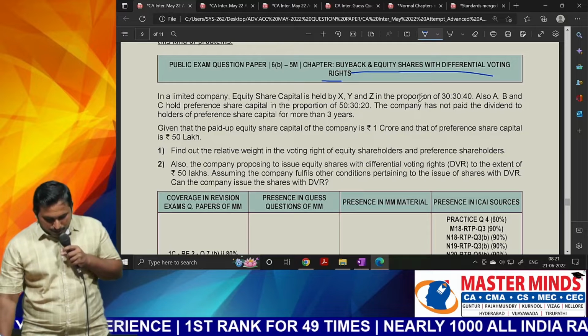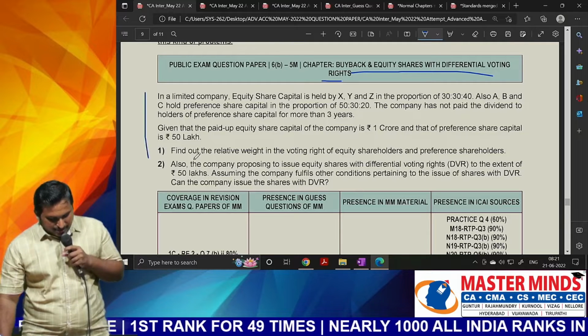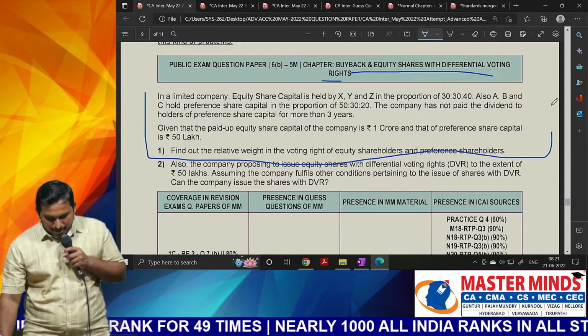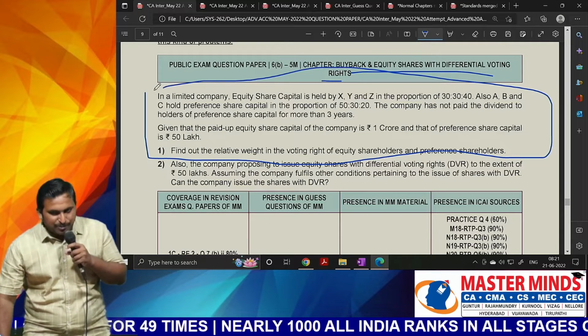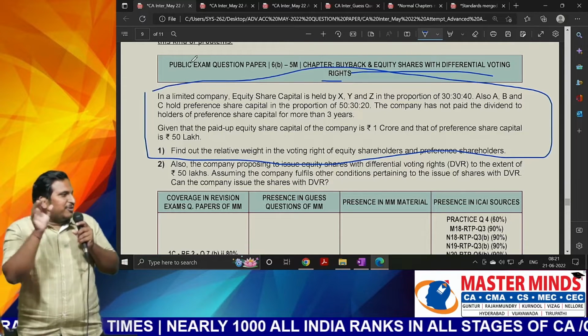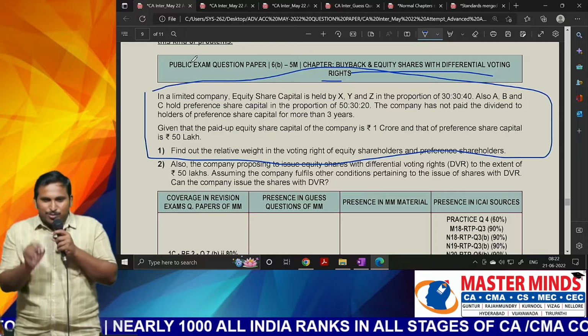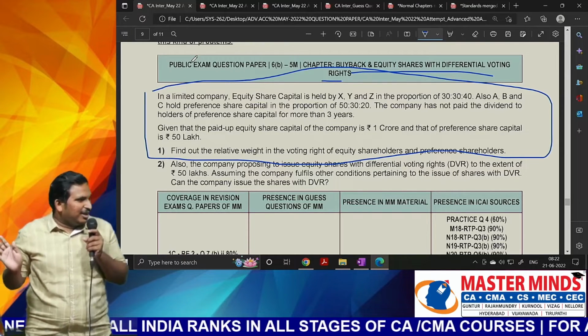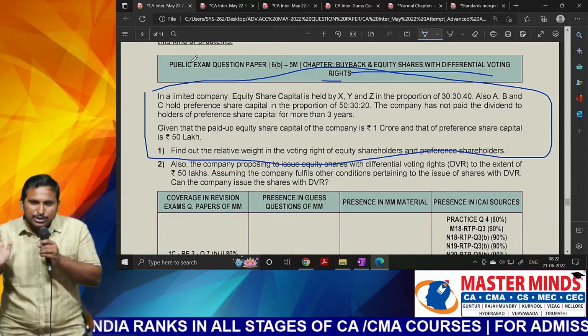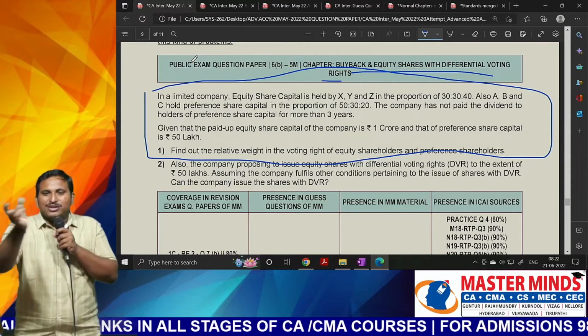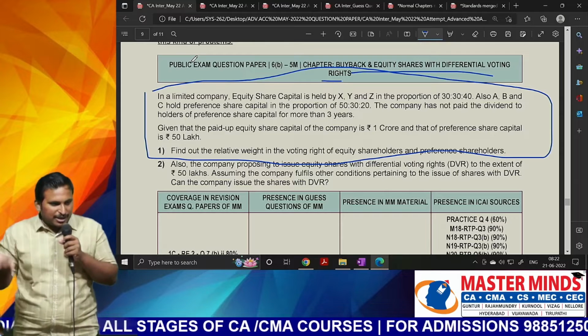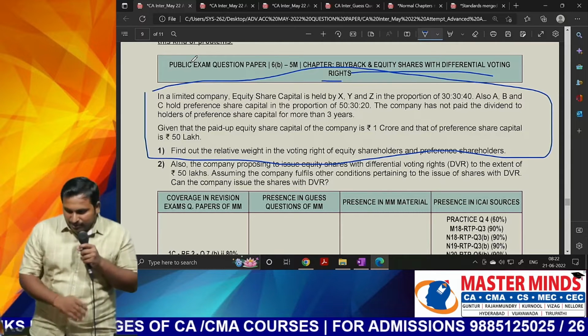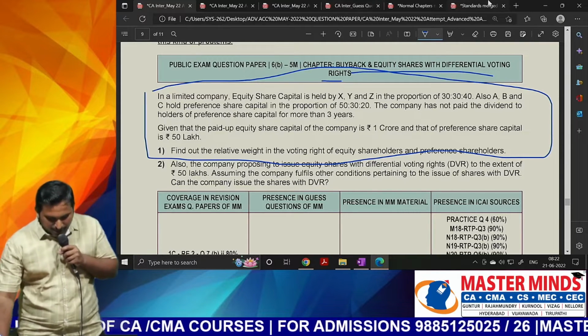I think you know there is a question like this, sir, where you will have the equity shareholders and preference shareholders. If both equity shareholders and preference shareholders attend the meeting, there is a Lilliput question. On that day only I have said to you, though these Lilliput questions, this will be regularly asked in the examination. I have said to you on that day only. So just based on the capital held by each of them, we will allocate the voting rights. That question they have asked, sir. It was there in our material also.